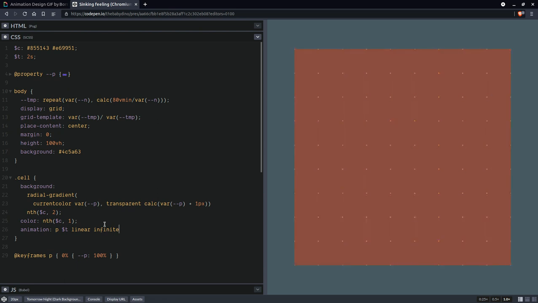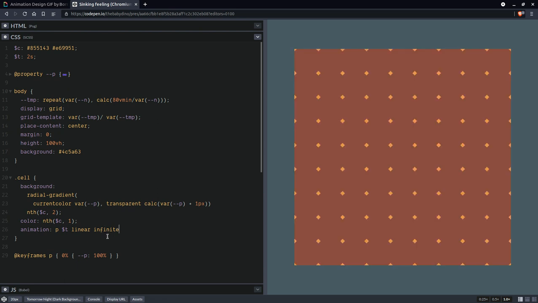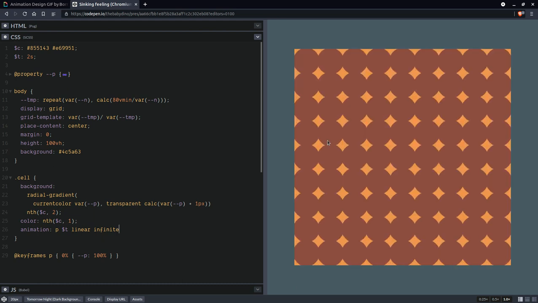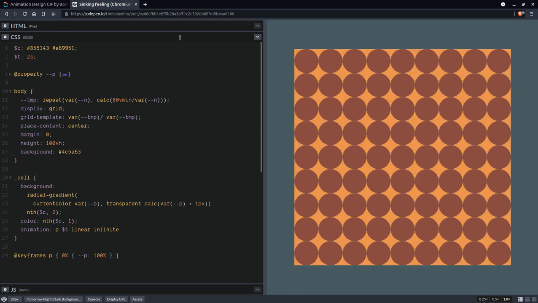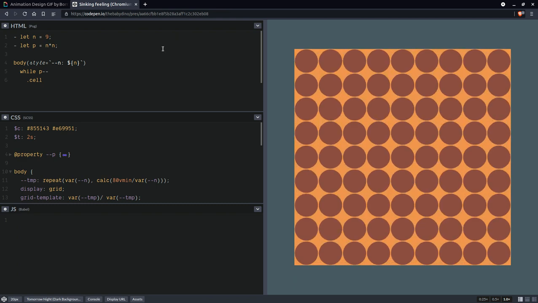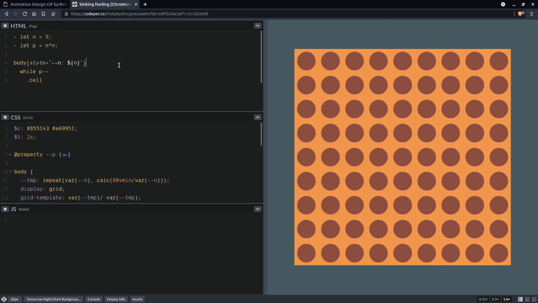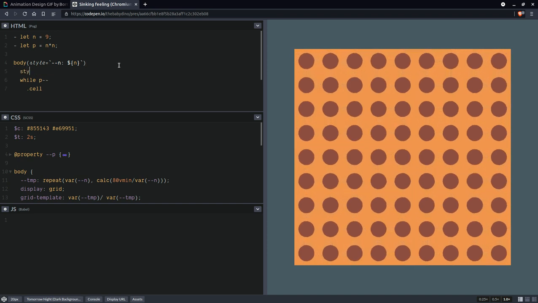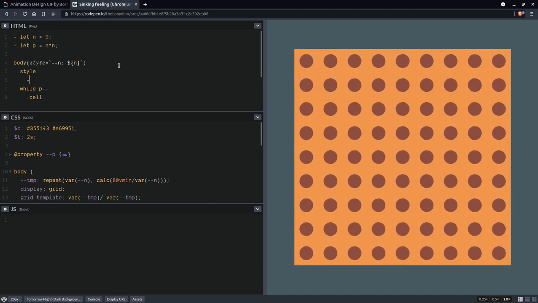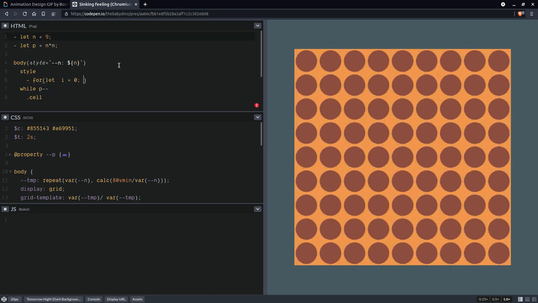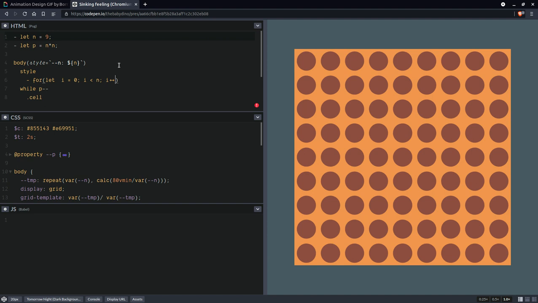Okay, you can see it's starting to look like something, but we're going to want to have a delay for those, and in order to create that delay, we're going to need column indices and we're going to need row indices, and we're going to set those in a style element right here in a loop. So for let i going from 0 all the way up to n, increment this i,